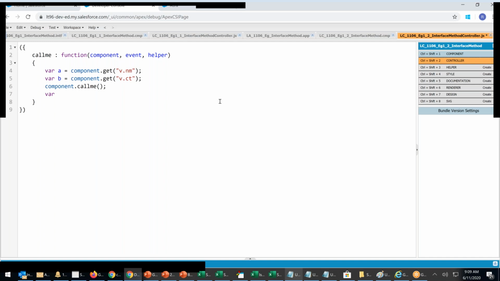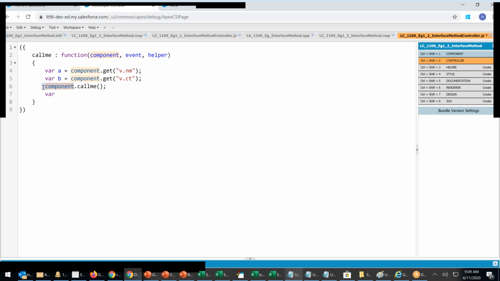Let me do it first. Whenever you are writing an aura method in the component, you always have to refer with the component name. Then you say component name dot call me. Actually, here the component name is to come.